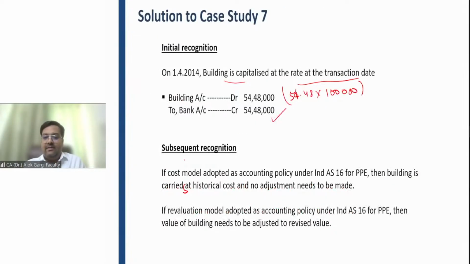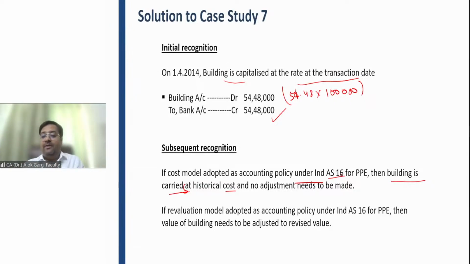In this case, if it is subsequently recognized at cost model, right? If cost model is adopted as accounting policy under Ind AS 16 for PPE, then the building is carried at historical cost and no adjustment needs to be made, right? Non-monetary item, remember, if a non-monetary item is subsequently measured at historical cost, then nothing will happen. No restatement is required, right? But